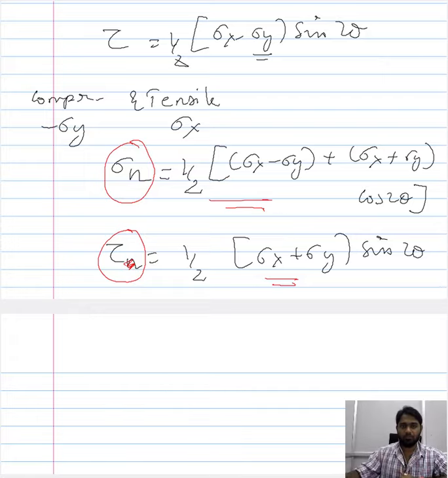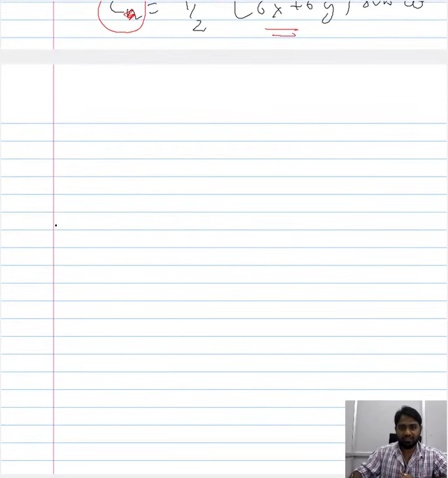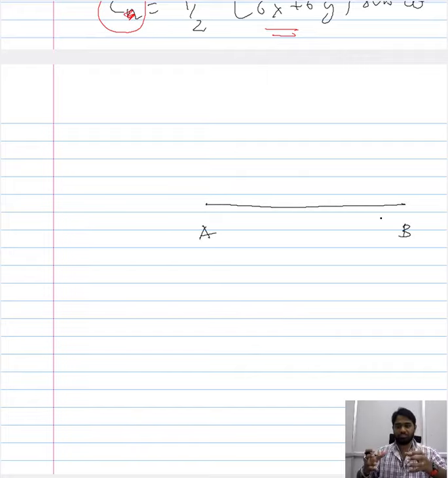Whatever we have done so far in terms of the graphical representation is that we have considered a line AB that represents the magnitude of the stress acting along the x direction, and we have considered another segment AC in the opposite direction, because the stress AC represents a compressive stress, therefore it's in the negative direction. So we have considered it in the direction opposite to AB. So now, similar to our previous condition, we have two segments representing the ratio of the magnitudes along the x and y direction.